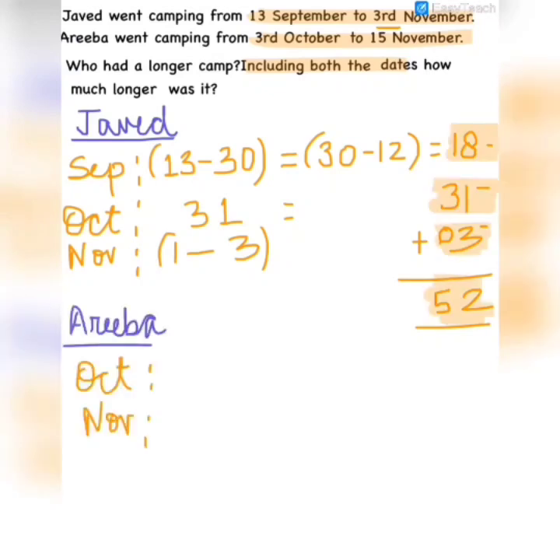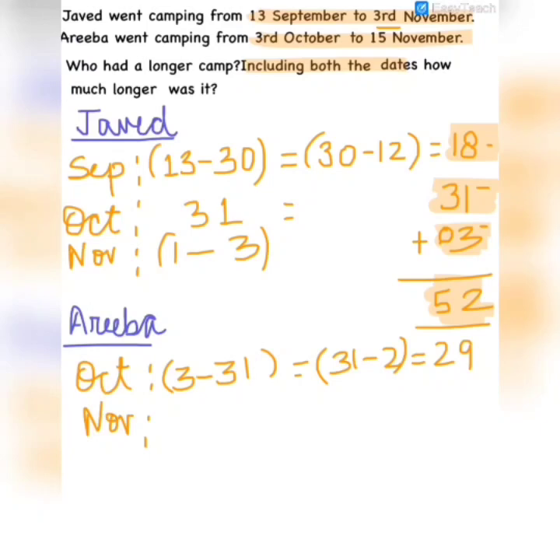Now we'll be calculating the duration of Ariba's camping days. So she went from 3rd October to 15th November. October has 31 days. From 3 till 31. So we don't have to include the first 2 days of October. So from 31 we remove the first 2 days. 29. Okay. Then from November,